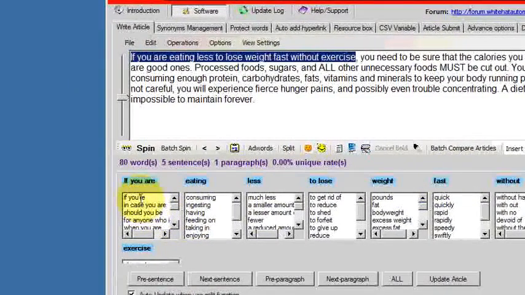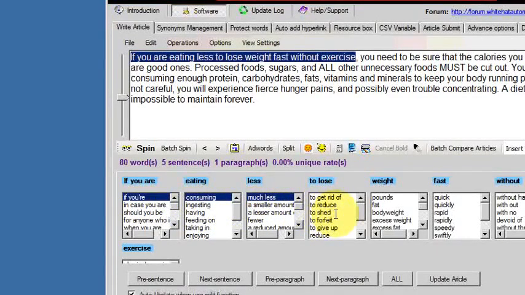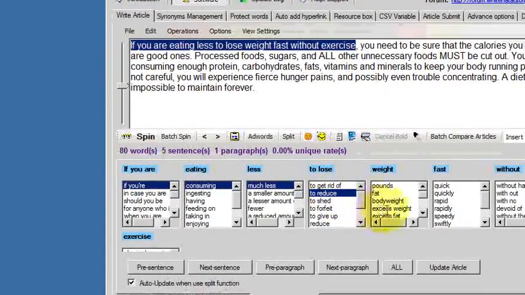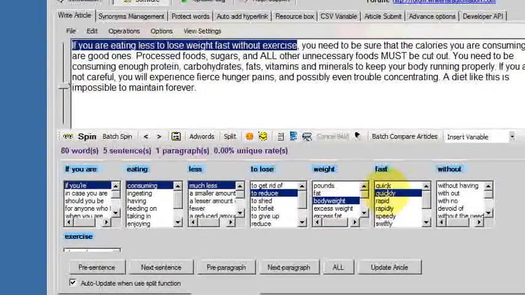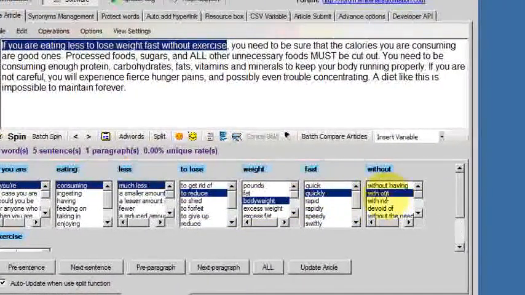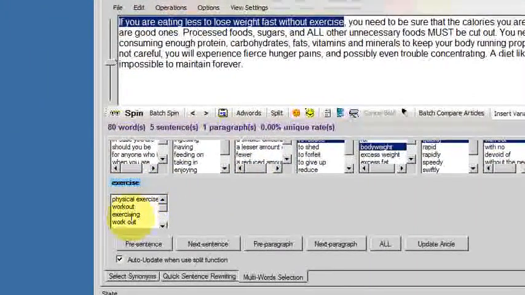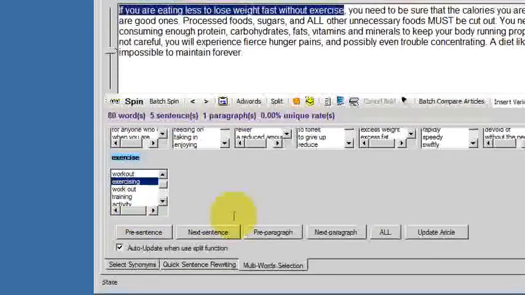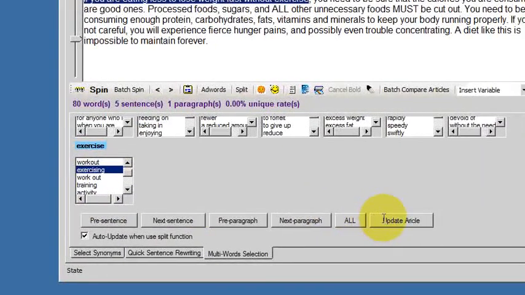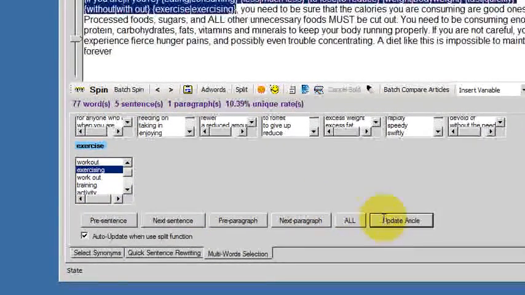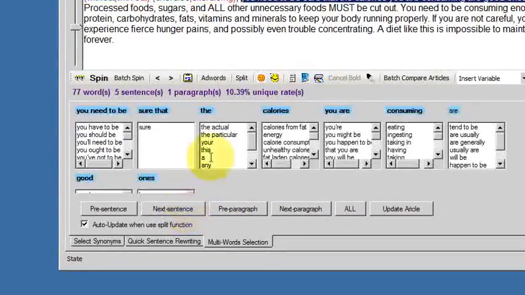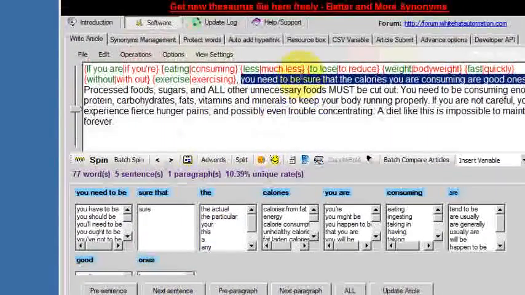So if you're consuming much less to reduce body weight quickly without, just scroll down for the next one, exercising. Now I've done that sentence, so I just update the article and hit next sentence, which highlights the next sentence